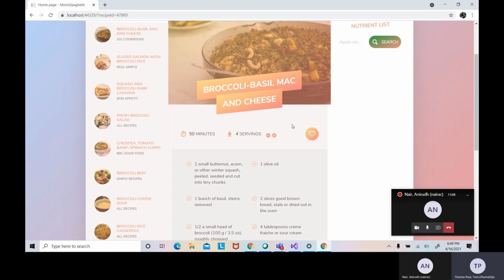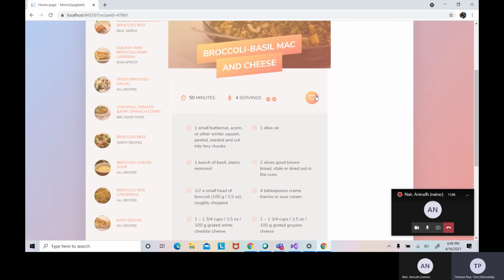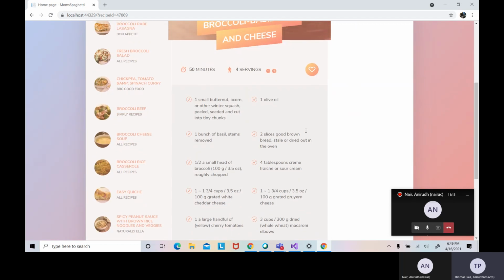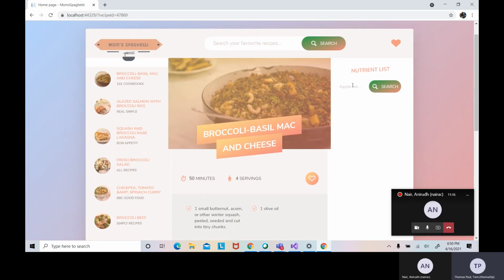And this is implemented using asynchronous JavaScript. Each time you click on this icon, an AJAX call gets executed and calls the on get liked or on delete like methods. The last functionality is the nutrients list, where we can search for any of the food items and retrieve the nutrients information. This is again an AJAX call where we have used another group's information using an API link called Nutrient Diary. This will retrieve all the information regarding the nutrients for a particular item.